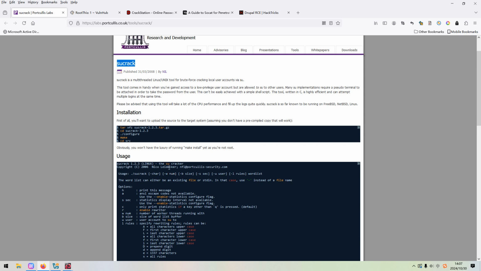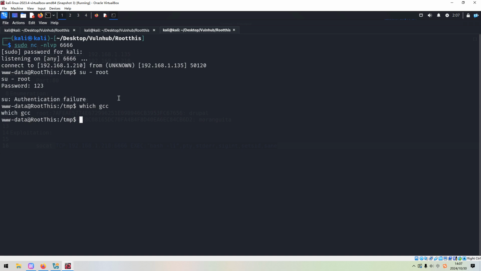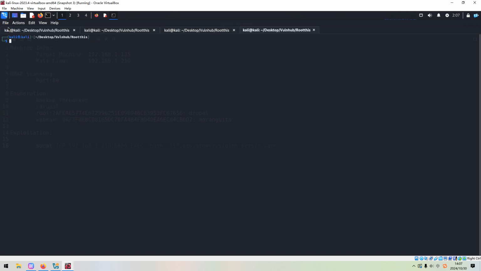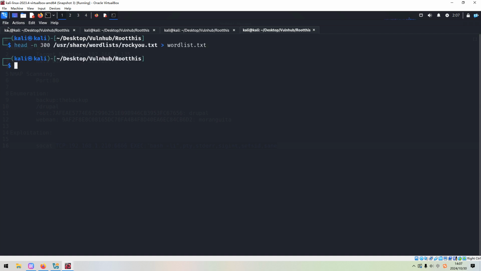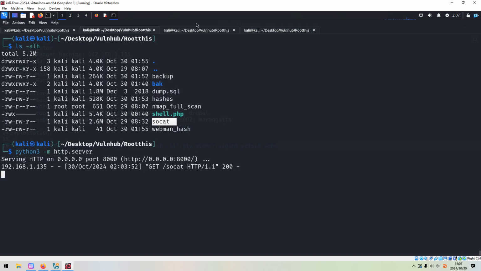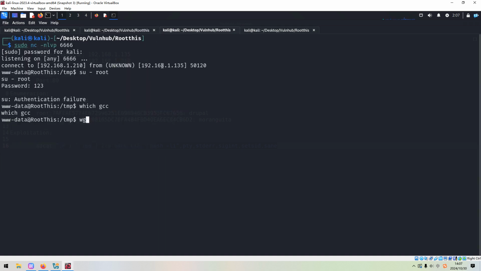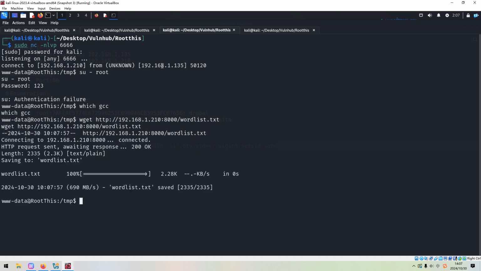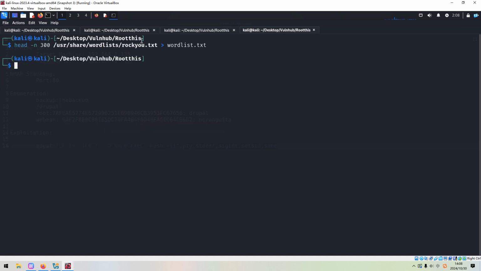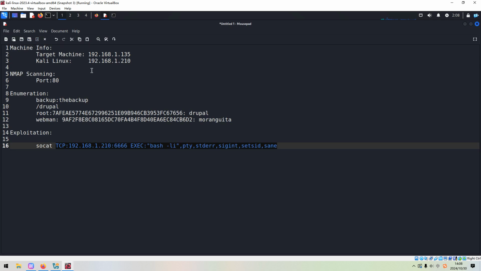Alternatively, we can use a bash script to do this. And before we do that, first of all, we need to generate the word list. This will be very easy. We just use the head command, and we need to upload this word list to the target. Okay, no problem. Next, we can use any editor like this one.